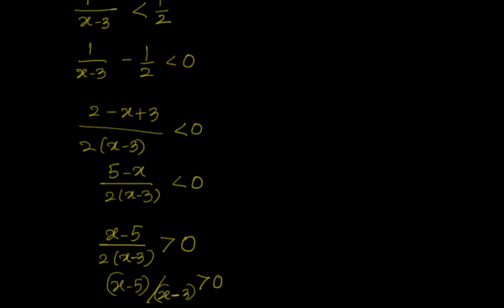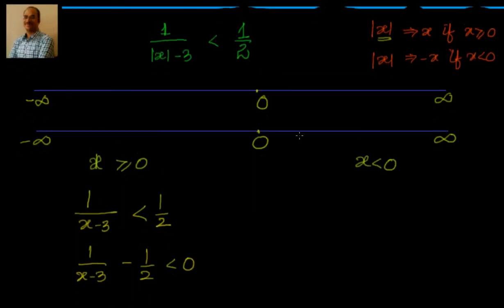Now how to solve this we know. We have to say which values will make numerator and denominator equal to 0. x equal to 5 and x equal to 3. How did I get it? x minus 5 equal to 0 gives you x equal to 5. Similarly, x minus 3 equal to 0 gives you x equal to 3. So 5 and 3 are our crucial points. So let's go there and we will plot 3 and 5. So these are the points 3 comma 5.